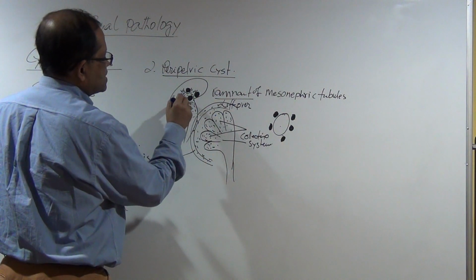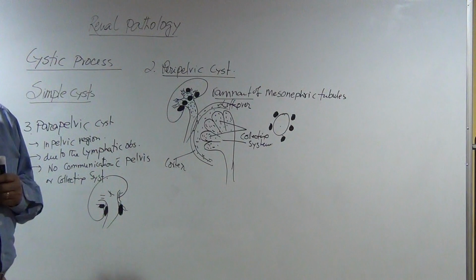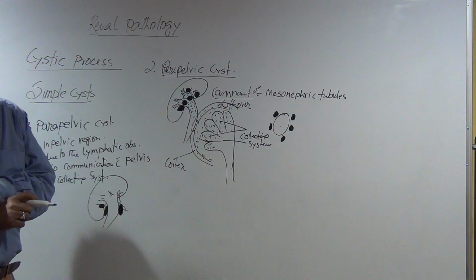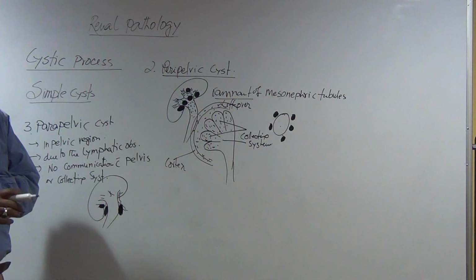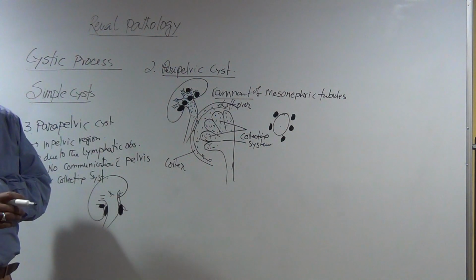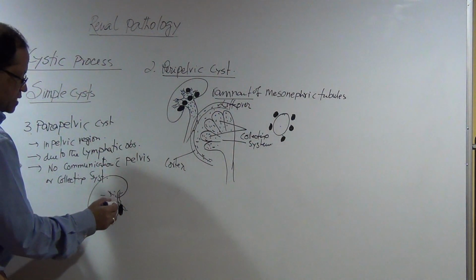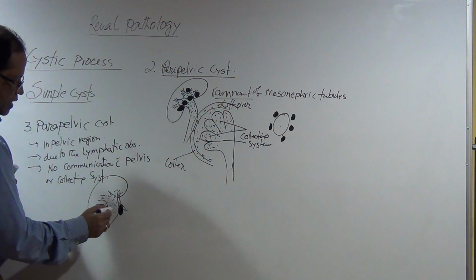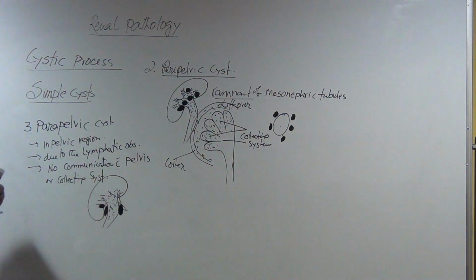All those collecting systems except the fluid-containing area. That means they are not connected with this dotted thing, right? So they are isolated cysts. The same thing will happen here too. You will see the fluid urine with contrast media, but these are not taking the contrast media, means they